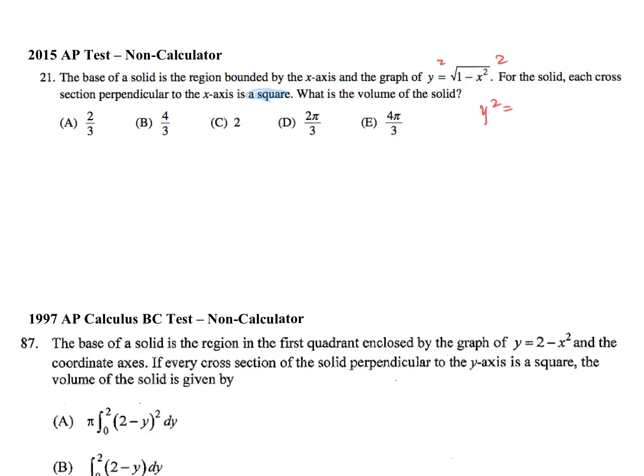y squared equals 1 minus x squared. Move that x squared over. This is actually a circle. But it's just a circle. Like they said, they only want the part in the